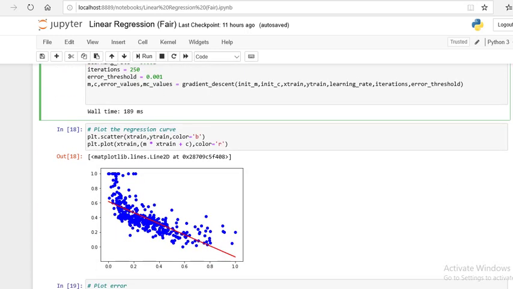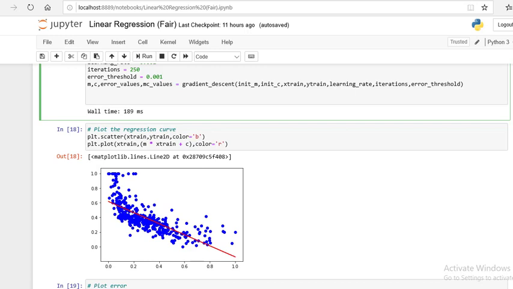Next, we can also plot the data and how the data are represented. This is the prediction line for the training data.